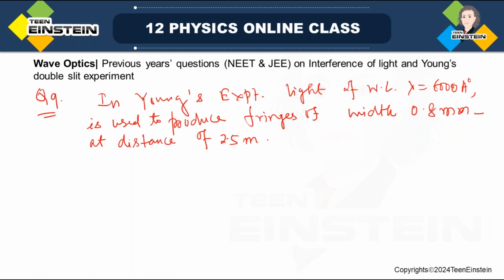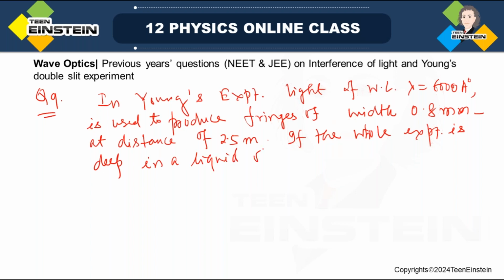If the whole experiment is deep, the experiment is done in a liquid of refractive index, let us say mu is equal to 1.6. Then the fringe width will be